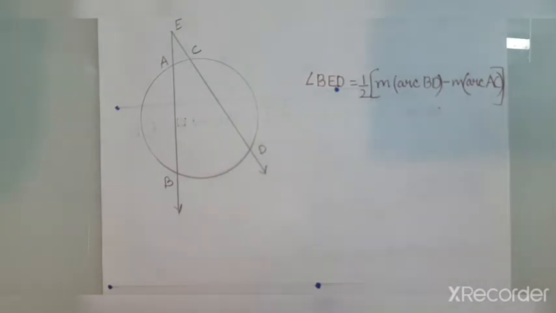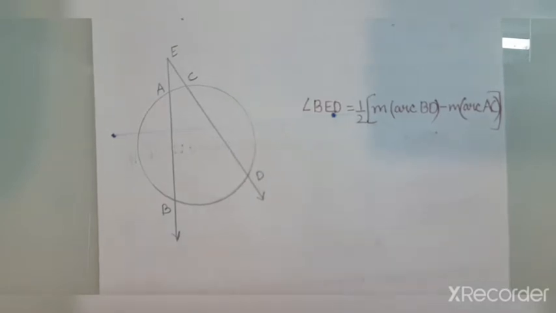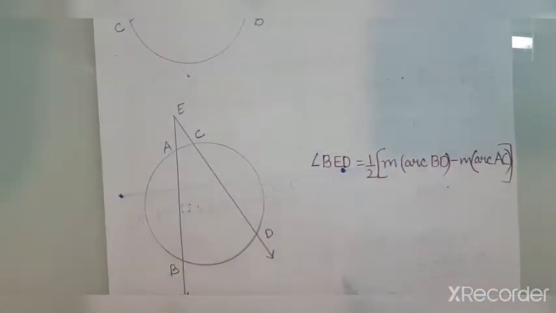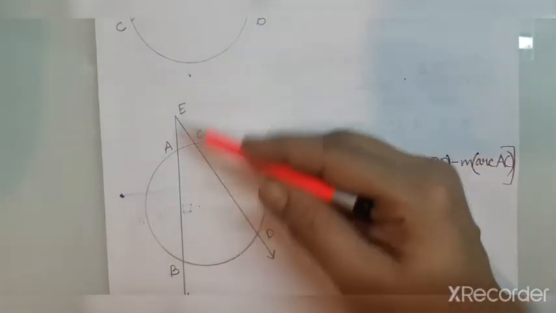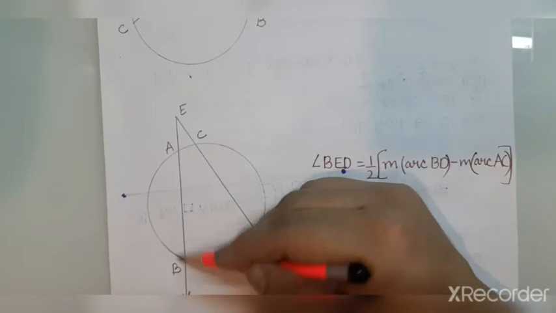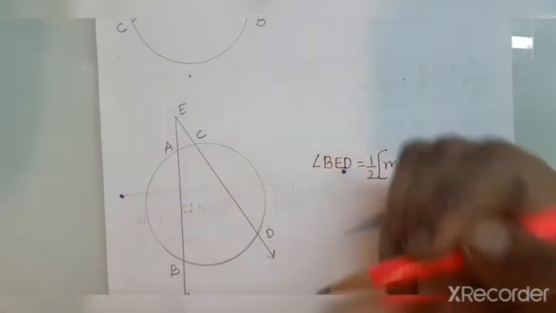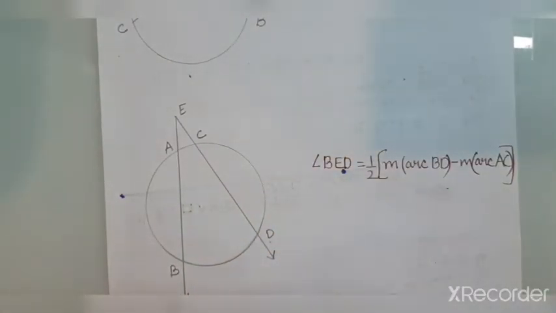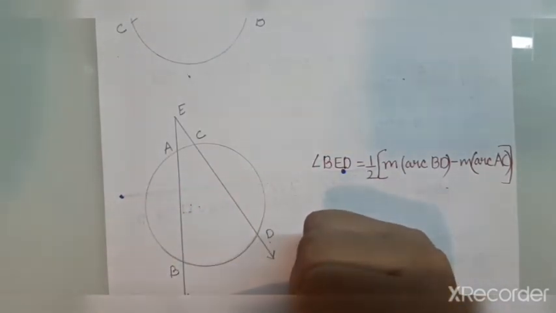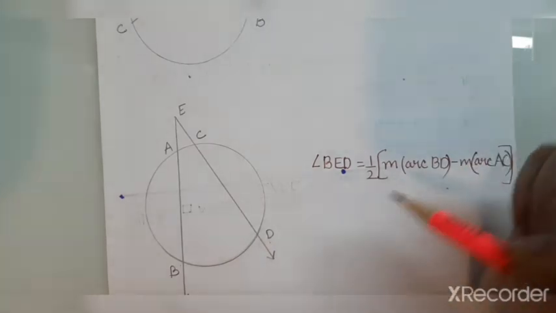Okay, you can see in the figure that there is a circle and two chords. There is actually a line which contains each chord: these are the lines which contain the chords AB and CD. Correct? They intersect each other outside the circle. Then what happens? The measure of the angle between them, that is angle BED,